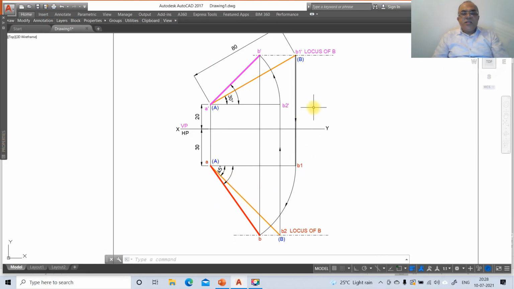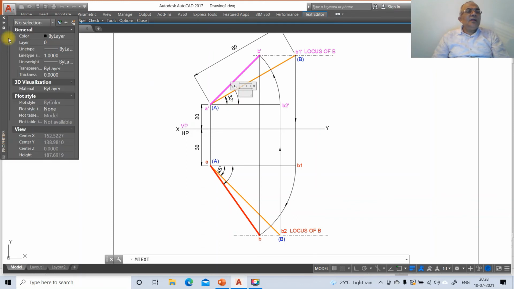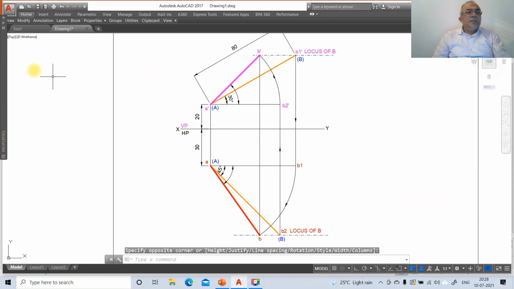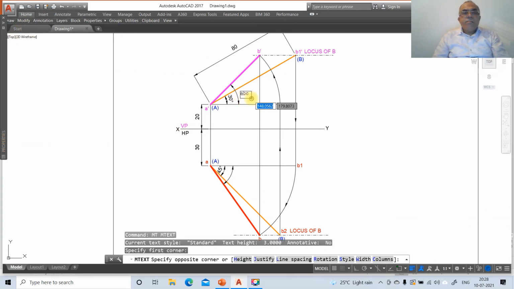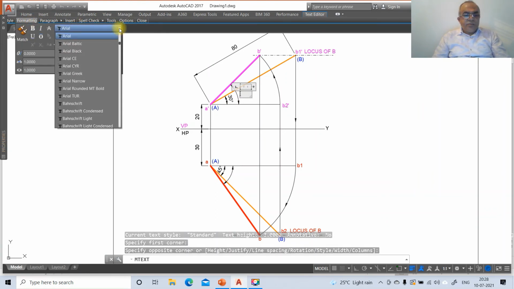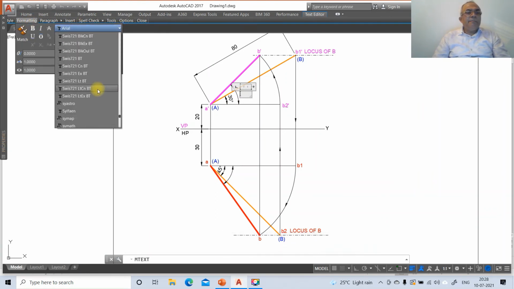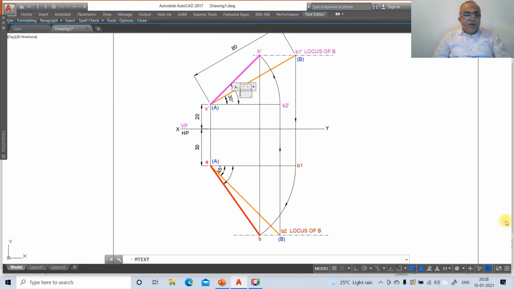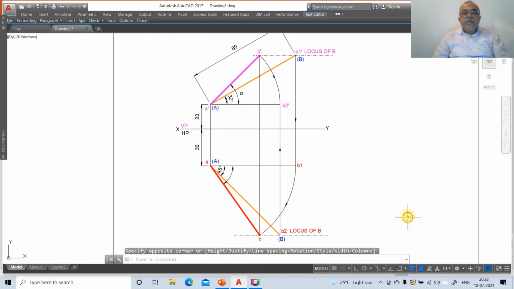Now we need to write the alpha and beta. So go to MText, MT, select this as the boundary, and then come down to this style. Then go to MText, then formatting, go to symbol. Type SYM, symbol, and here you type alpha and then enter.